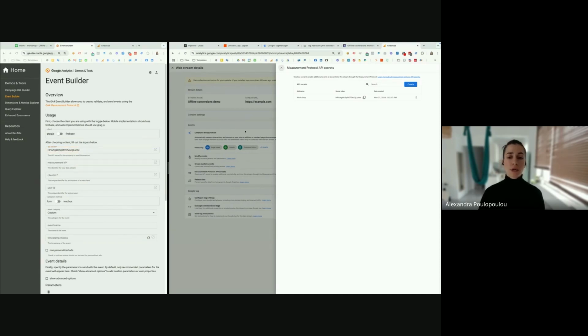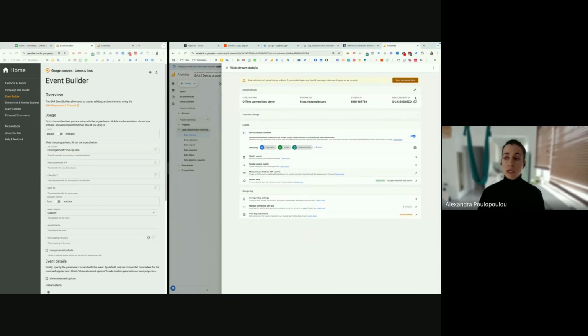Also, we will need the measurement ID. You see here in this form that we have an asterisk for mandatory values. So we want the measurement ID, put it here, and we also want the client ID. For the client ID for now, to be honest, I will not put an actual value because we are going to replace it afterwards with our Pipedrive custom fields.